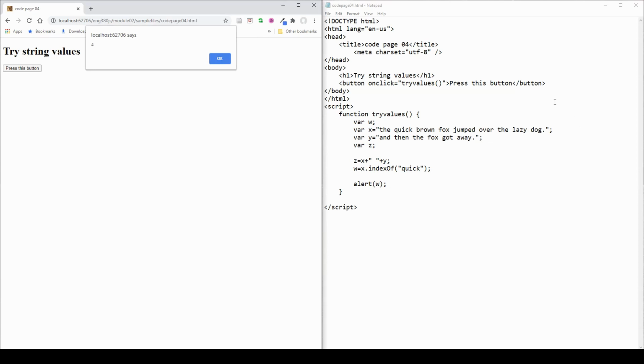But remember, computers start counting from 0. So 0, 1, 2, 3, 4 is the position where quick starts, right? So now that we know that's the spot where quick starts, if we wanted to, we could say, and notice I'm initializing the variable right here as I'm going to use it. Normally I would initialize variables at the beginning, but for the sake of expediency, and this is a small program, so variable A is going to be